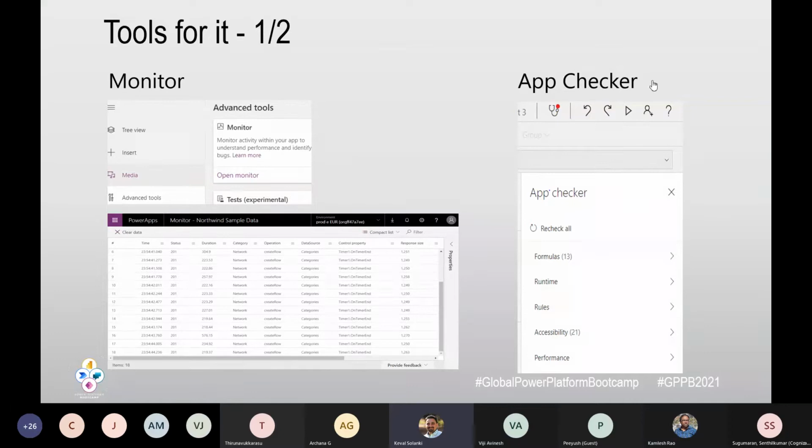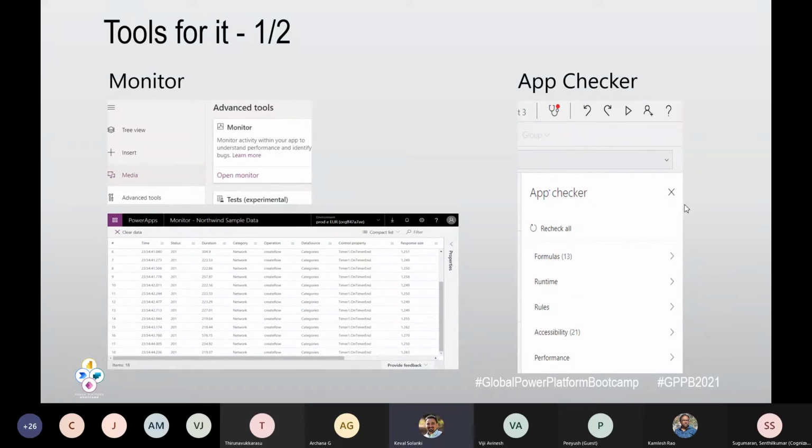So this is app checker, where you can see different kinds of errors and warnings. There are things that we need to correct as per best practices or recommendations. You can also see runtime errors, as well as accessibility issues.